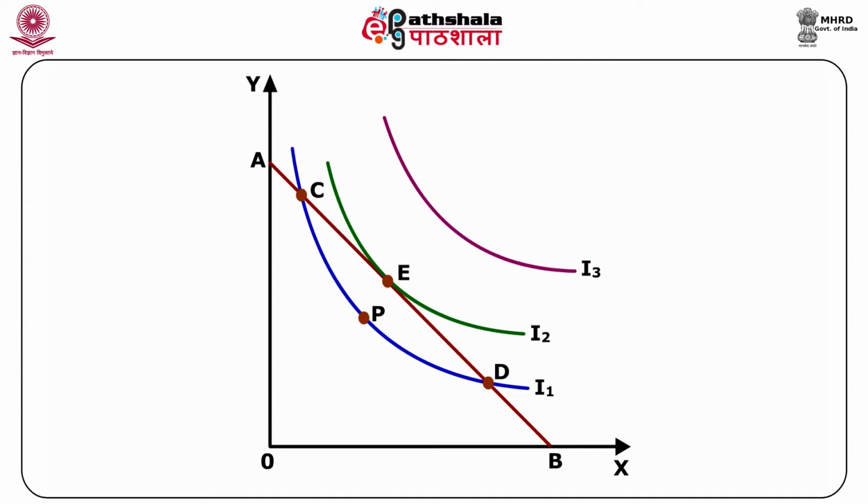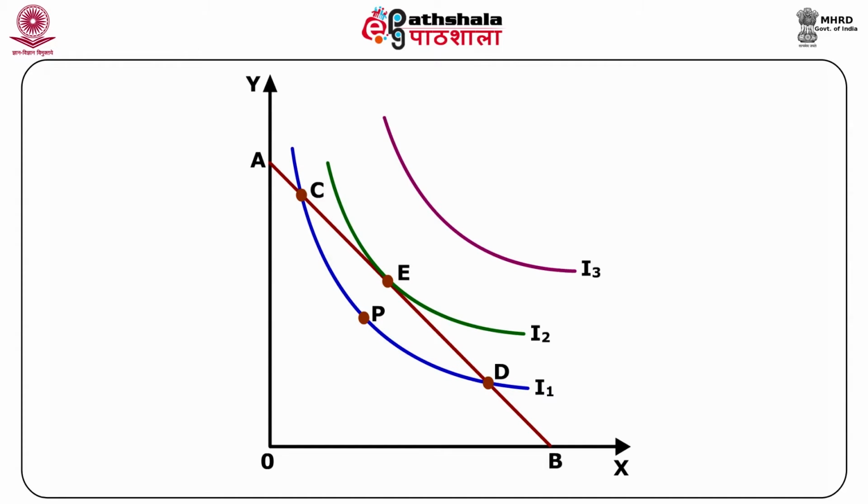However, combinations on the indifference curve I3 are not affordable for the consumer as I3 lies beyond the budget line. As we have already discussed, the consumer equilibrium must lie on the budget line. The consumer will choose that combination which lies on the highest possible indifference curve. Now, consider the points C, D and E on the budget line AB of the consumer. Points C and D will not provide the highest possible satisfaction since these points lie on the lowest indifference curve I1,